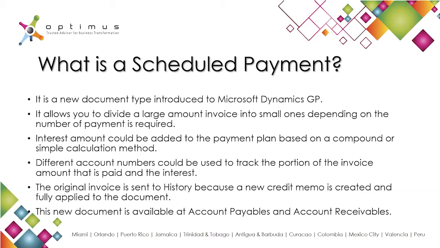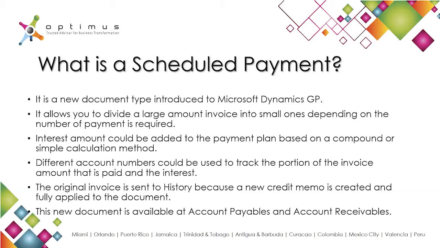You can use different account numbers just to track the portion that is related to the principal amount and the portion that is related to the interest amount. And essentially, what is happening is that the original invoice, which is used to create the scheduled payments, is sent to history